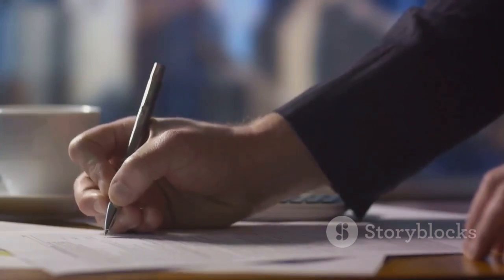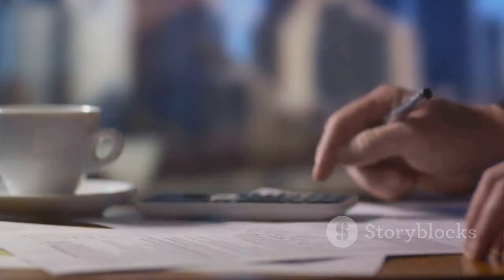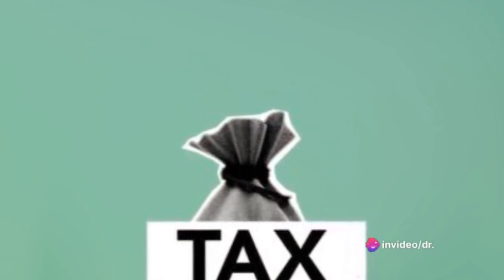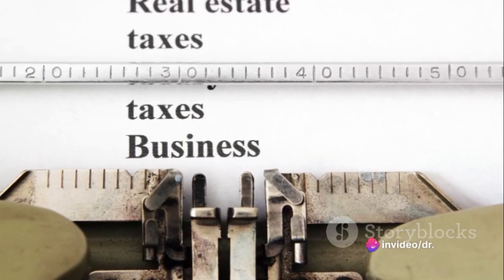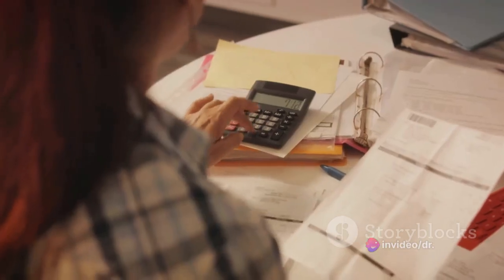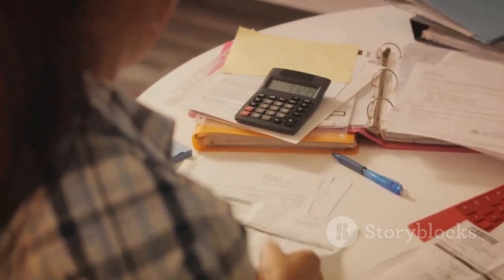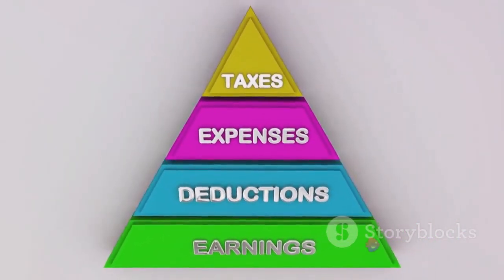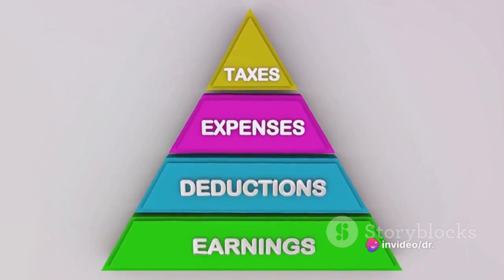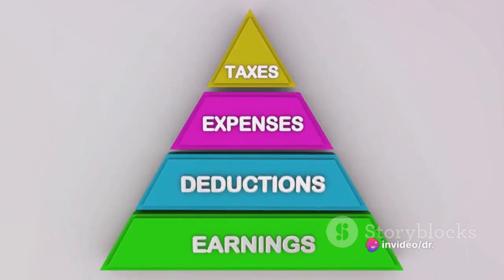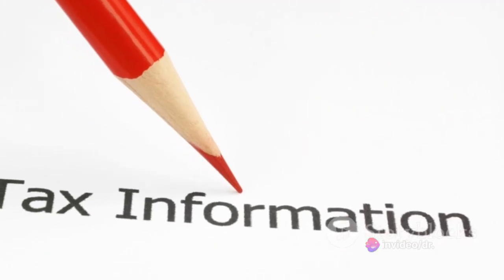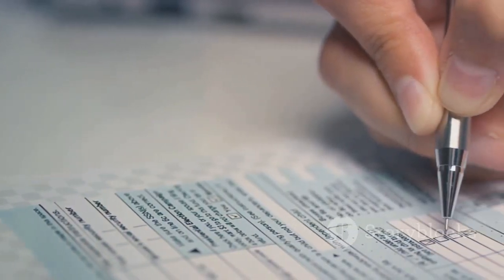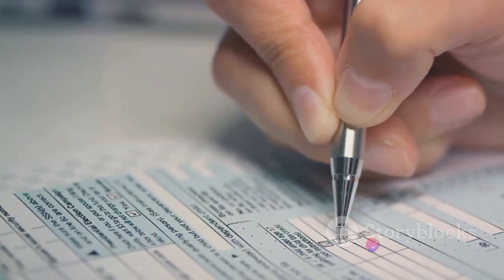On the other hand, we have partly taxable allowances. As the name suggests, a portion of these allowances is exempted from tax, while the rest is taxable. The most common example of this type is the house rent allowance, or HRA. The tax-exempt part of HRA is calculated based on certain conditions, and the rest is added to your income for taxation. Then there are allowances that are completely exempted from tax. These allowances are not added to your income, and therefore, you don't have to pay any tax on them.